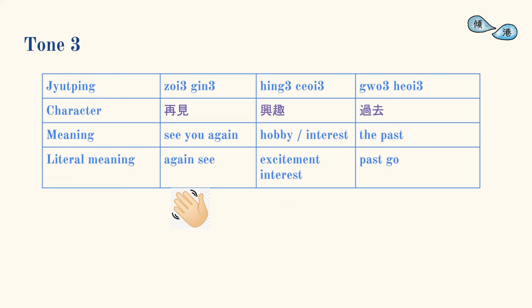The next is tone 3, which you may reference as the musical note mi. 再見 再見 興趣 興趣 過去 過去